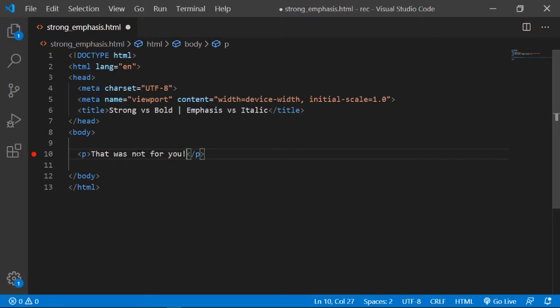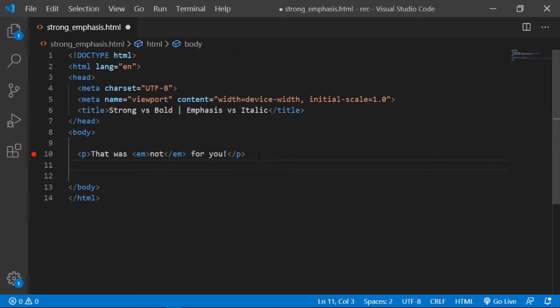So here I'll wrap this inside of the emphasis tag. To write the emphasis tag, we have to make these em tags, and I'll cut this and paste it inside here.